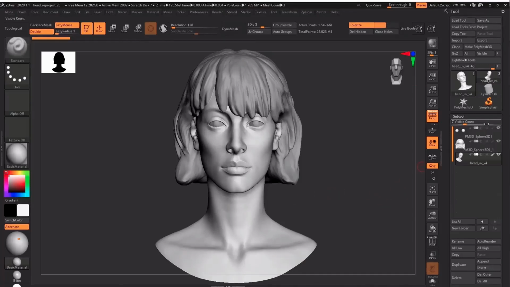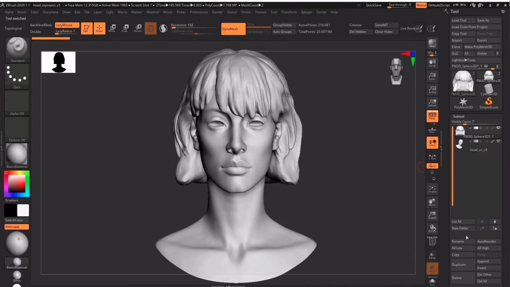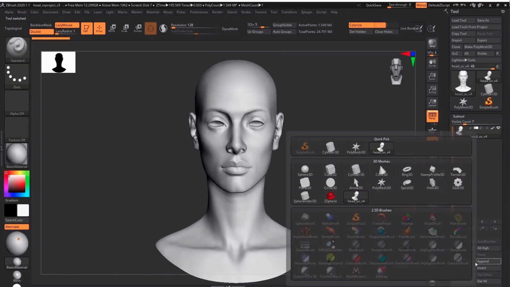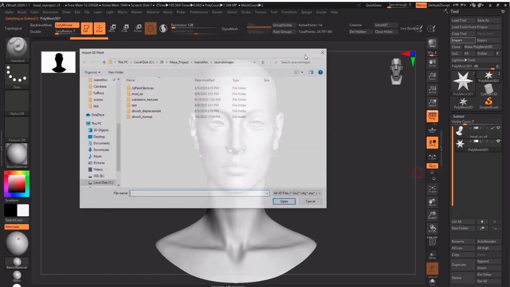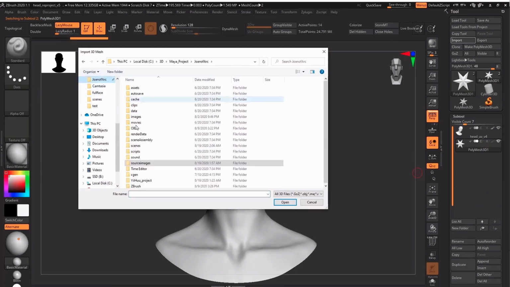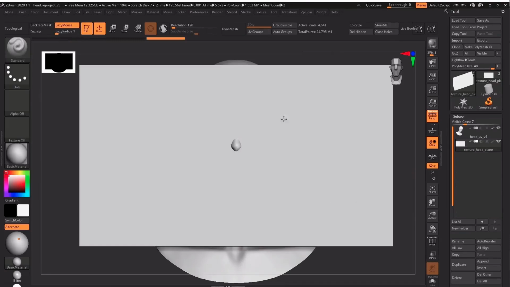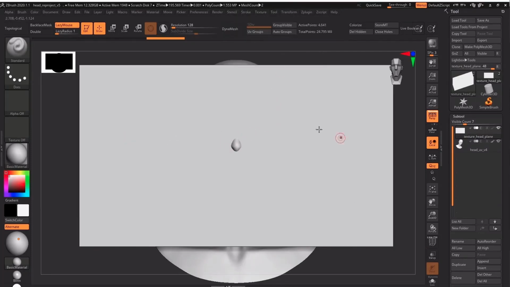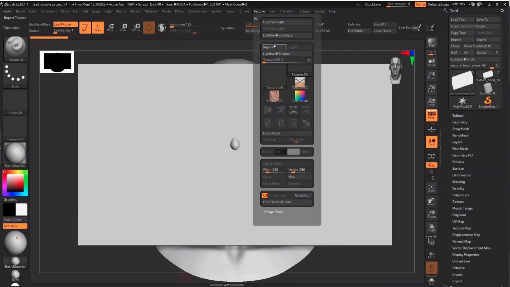And inside ZBrush, delete anything that we don't really need. And append and then import the plane that I just exported out. Okay, and make sure this plane goes on top. So this is a plane, and I'll be importing the texture, so I can point one-to-one from the plane to the model. So go to texture and import texture,